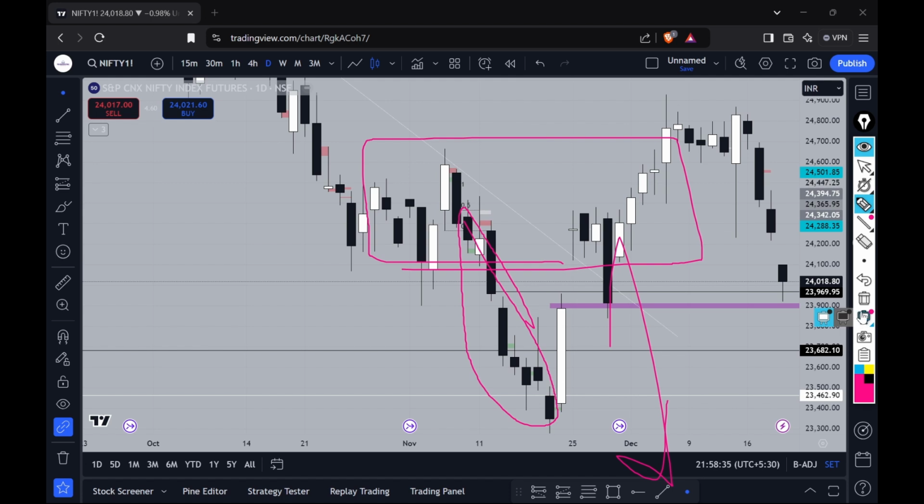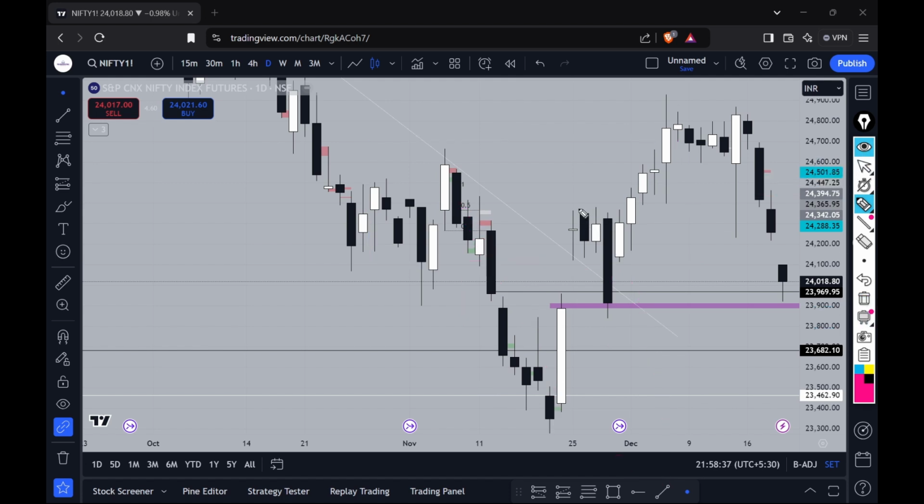Try to short me from here, right? And see here, interestingly, these 3 days. What have these 3 days done? Why didn't the market go down? It just had to manipulate you and then go upside. Why? These 3 days acted like your demand zone is actually working.